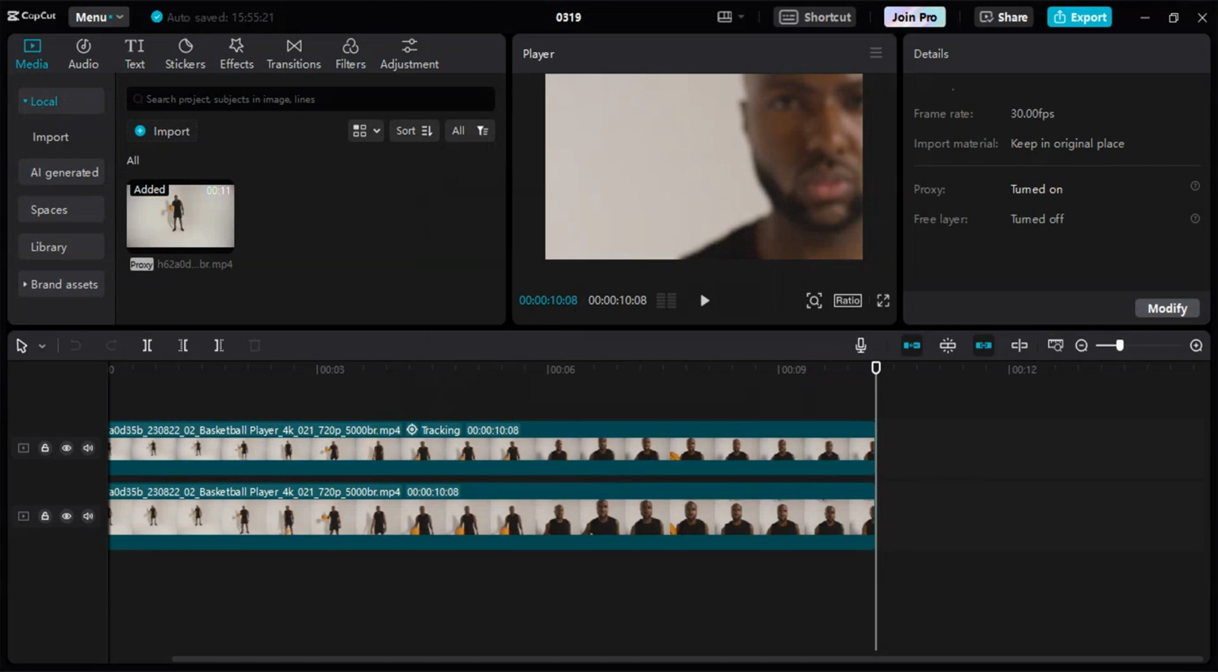CapCut lagging. And that is basically it on how to stop or fix your CapCut lag while editing in